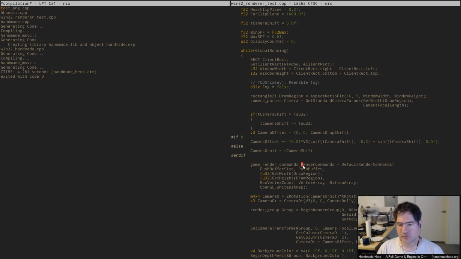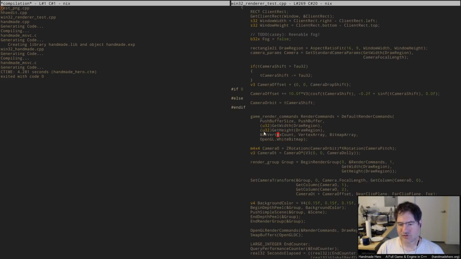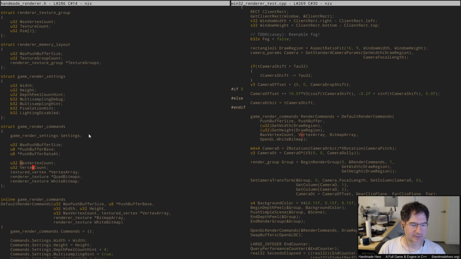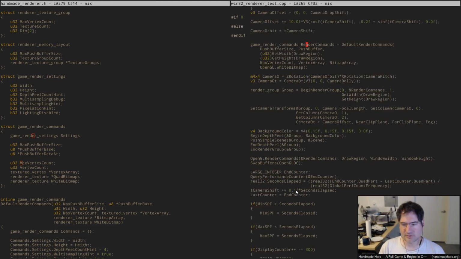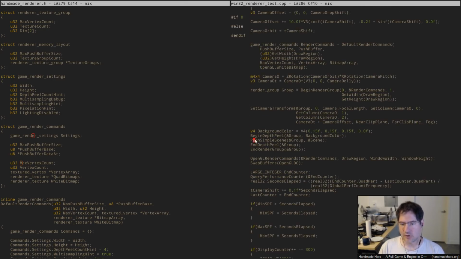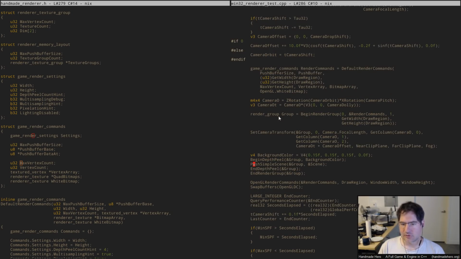Now, what we could do instead is actually not clear that buffer, right? Because actually, if you look at that buffer, all we really need to do is save the settings from the previous time through and just not update them. That's all we would need to do. And if we did that, then we could run without actually calling push scene, right? So this right here wouldn't actually need to happen. So what I could do is